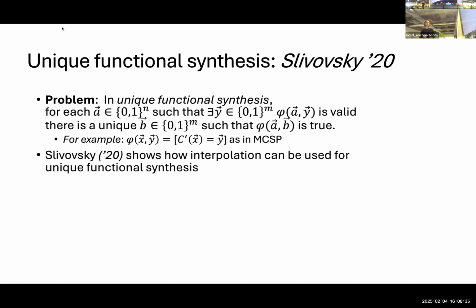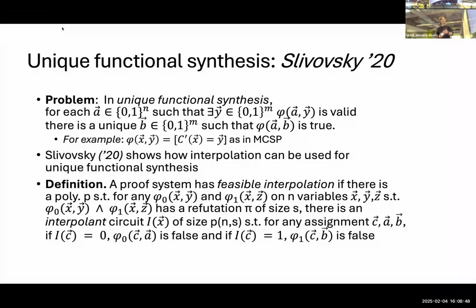So Savovsky gives an approach based on interpolation for unique functional synthesis. And again, probably half the audience is very familiar with interpolation and half has no idea. Okay. A proof system has feasible interpolation if there's a polynomial such that when I give you two formulas with common variables x and distinct sets of variables y and z, such that there's a refutation of the conjunction of the two of some given size s, then there's a polynomial size interpolant circuit in just the common variables,